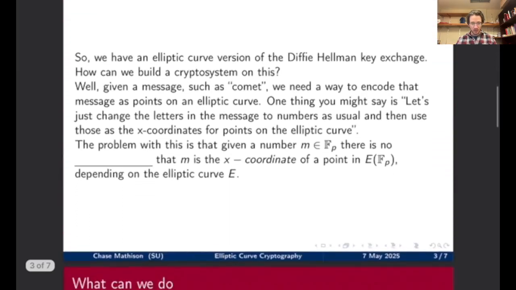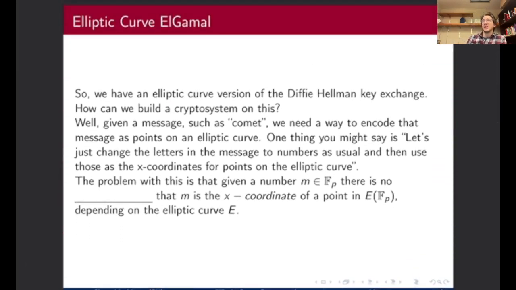Okay. All right, so last time we talked about elliptic curve Diffie-Hellman, and if you recall, when we developed Diffie-Hellman for just finite fields FP, on top of that we built the El-Gamal crypto system, and the El-Gamal crypto system is secure for large prime numbers P because the discrete logarithm problem is difficult to solve. Okay. But we have this Diffie-Hellman key exchange for elliptic curves now. So how do we use that with Elgamal for